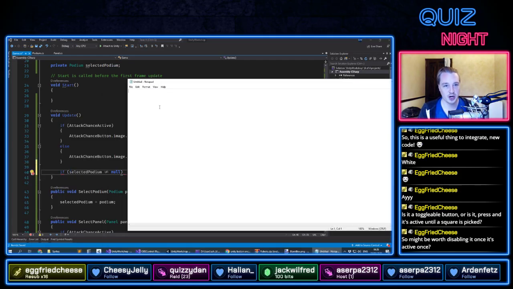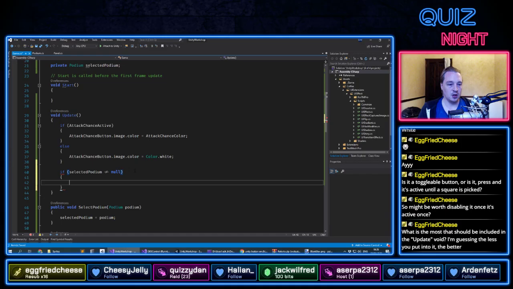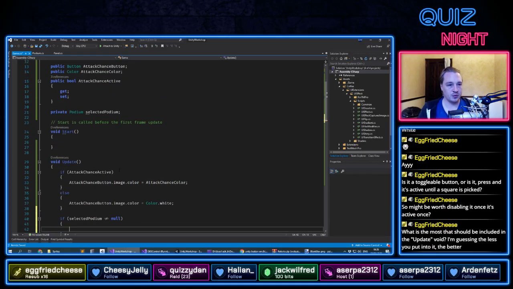So that really should read as if selected podium is not equal to null, which, if I'm reading that properly, means if this object is not equal to null, then it will execute what is in this block. So if selected podium is not equal to null, open and close the block, then you can go